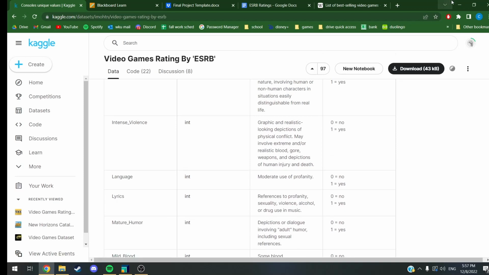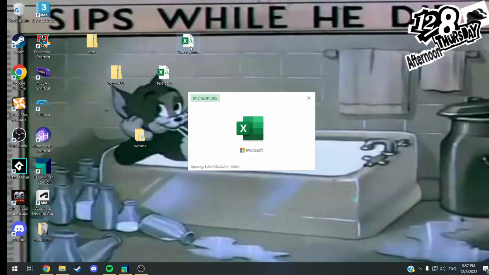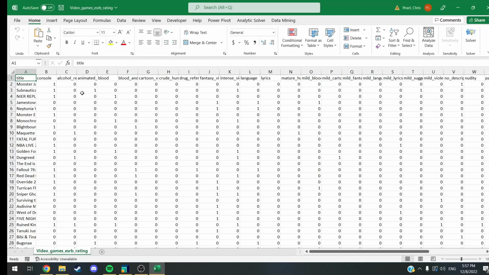However, the issue with this data is, let me pull up this one in Excel to get a better look at it. The game has blood and gore, but this one has 0 for blood, even though the name says blood and gore, so it should have blood. That's because on the back of the box, let me pull that up again really fast.